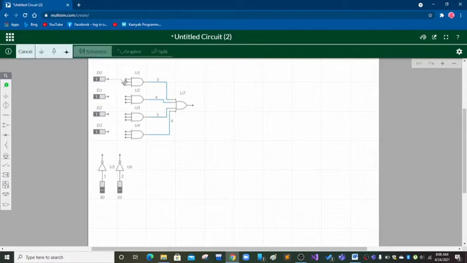So D0 will be connected to the first input of U1, and D1 will be connected to the first input of U2. Similarly, D2 to U3 and D3 to U4.